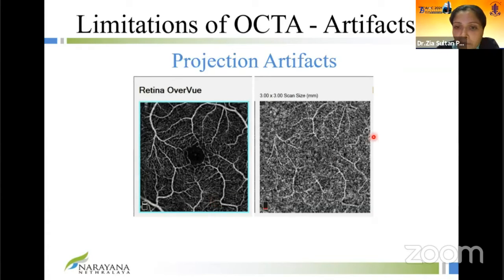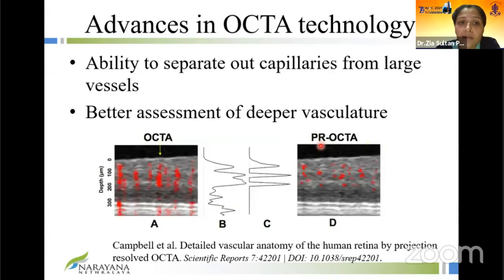So when you look at deeper layers, you often get a mirror image, almost like a shadow, of these vessels in the deeper images. These vessels don't exist, but they're just projected from the superficial layers into the deeper layers. So when you calculate vessel densities, the deeper layers are always going to be a little less accurate. And nowadays, because we've identified this, there are people who've done work on removing the projection artifacts. It's called projection resolved OCTA, and this is currently being developed.